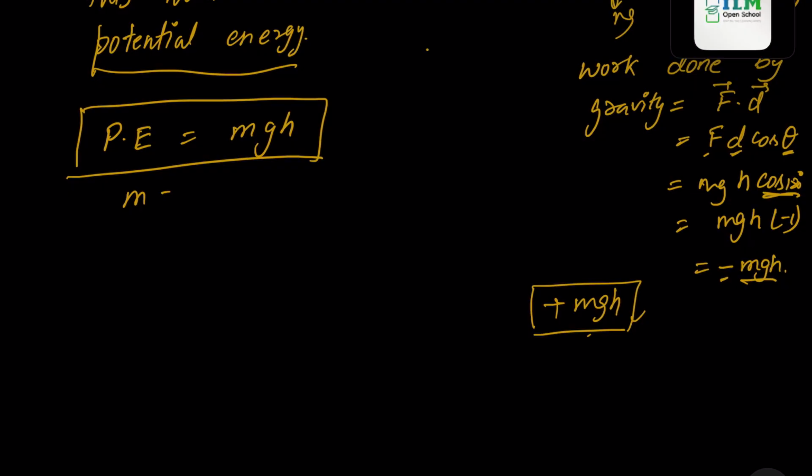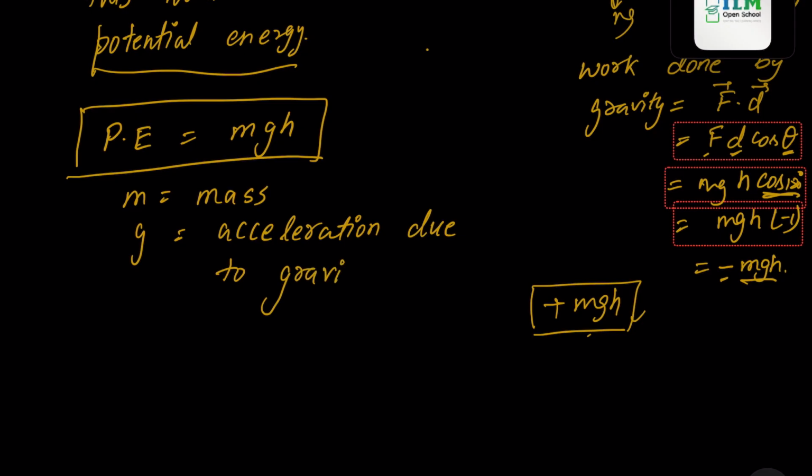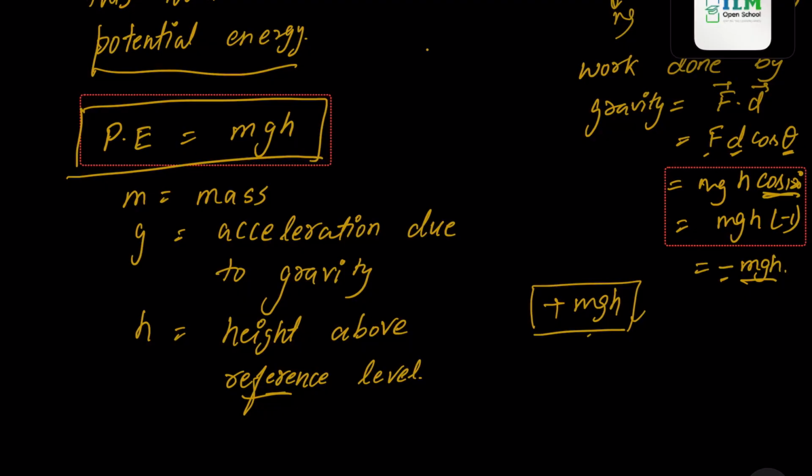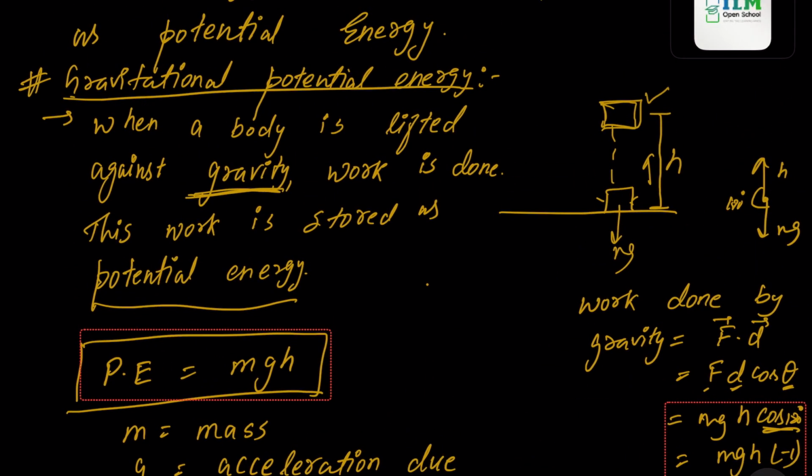In this, m is mass, g is acceleration due to gravity, h is height above reference level. Okay, what is reference level here? I am taking reference level as ground. So if I'm taking reference level as ground,